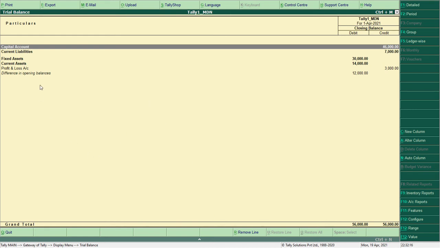So usually Alt F1 is used to show the detailed view, and now see here the difference in opening balance is 12,000, because I have not made the sundry debtors, sundry creditors and the stock as yet. So now I have to include that.